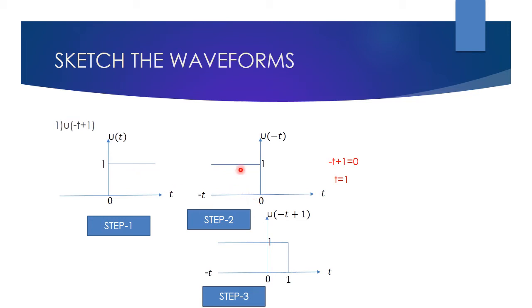Okay. So next we have to calculate what is u of minus t. Since here we are having u of minus t plus 1. U of minus t means just reversing the operation. So you will be getting the mirror image. So this is your output graph. Then here we are having minus t plus 1. So apply minus t plus 1 is equal to 0. From this we can write t is equal to 1. Then we have to add this t value to the 0. So 0 plus 1, 1. So your signal starts from 1. So this is the final answer, u of minus t plus 1.